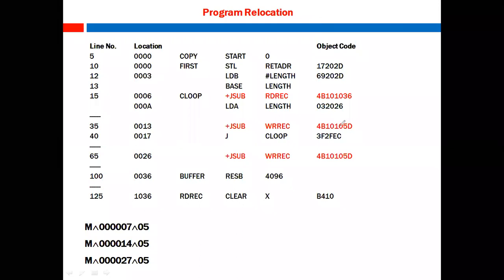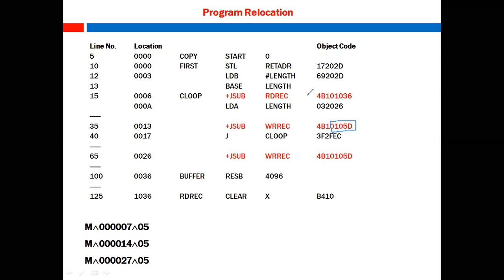So now this is 13, correct? This is 13. This is 14, 15, then 16. So the next one will be 17. So here now we are changing this part. So it is half of your memory location 0014. So it will be 000014 and 5 half bytes, so that is 05. 5 half bytes we have modified.